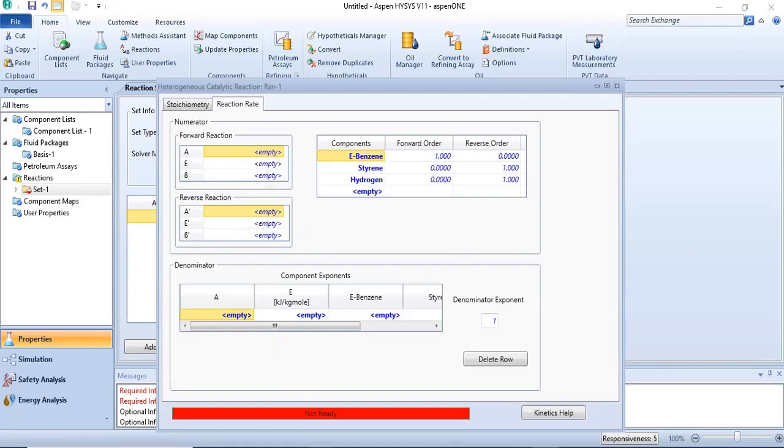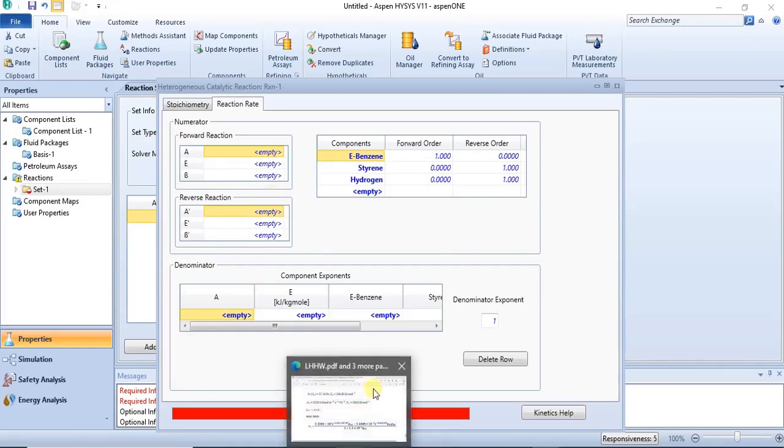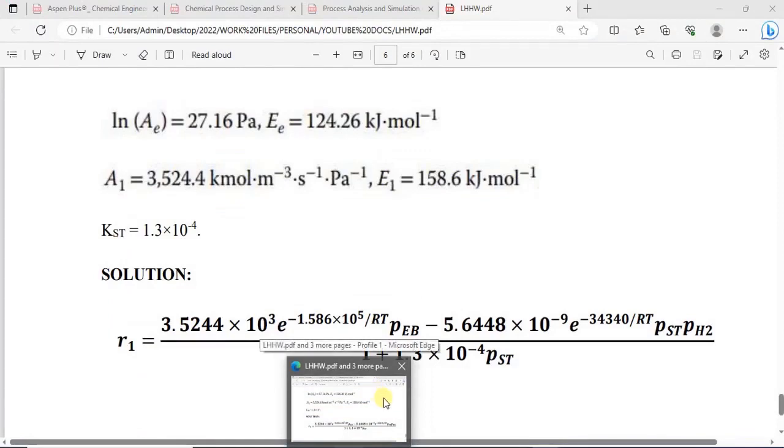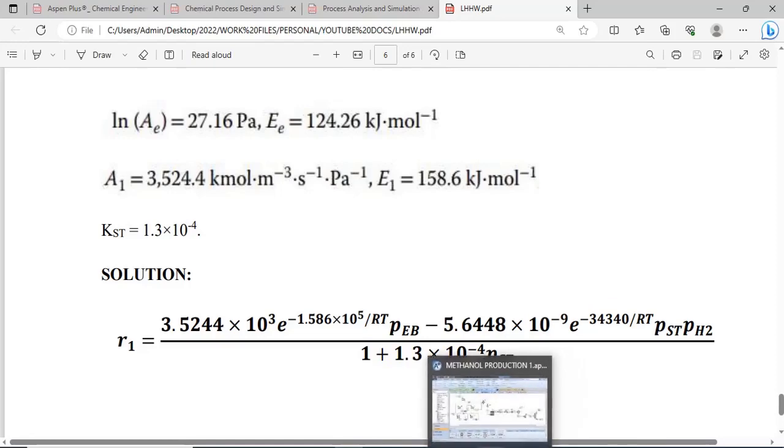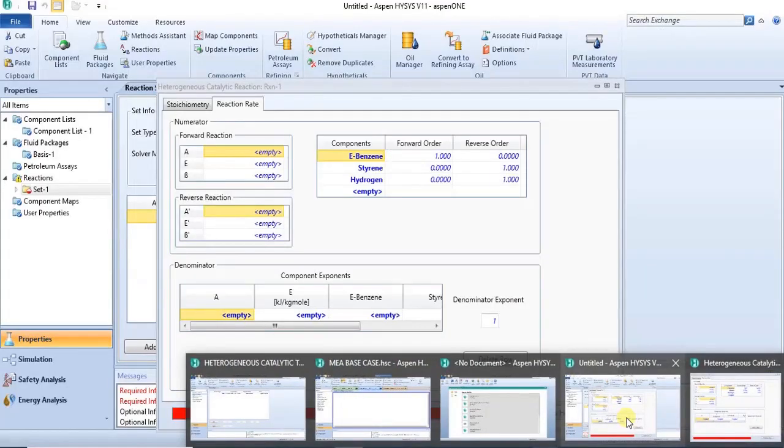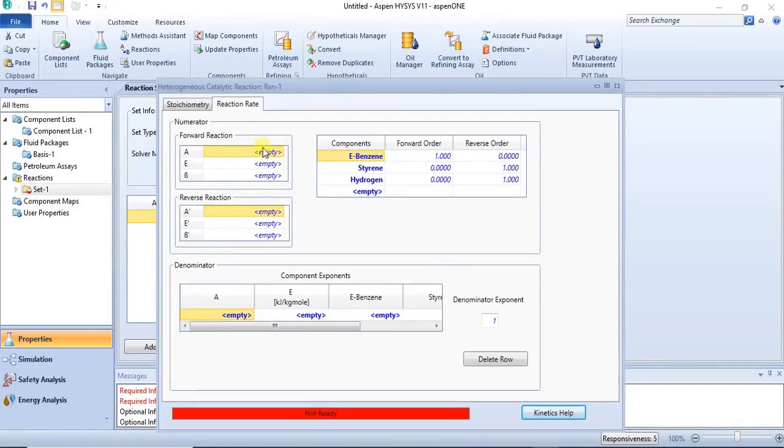So we have the values, so it's just to input them. So you see the values here in this particular expression. So this is what we are using to actually specify those sections, right? So these are the numerator values, and then these are the denominator values, right? So for the numerator, you are specifying your values for A and E for both the forward and the backward reaction. So this you have 3,